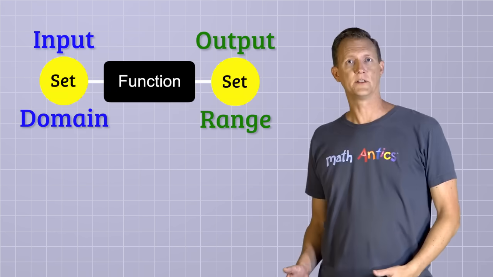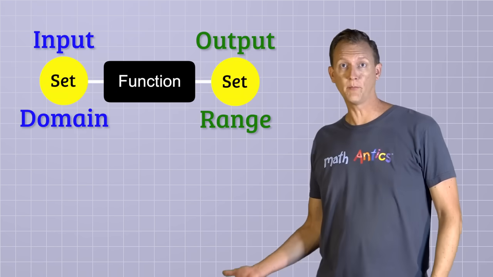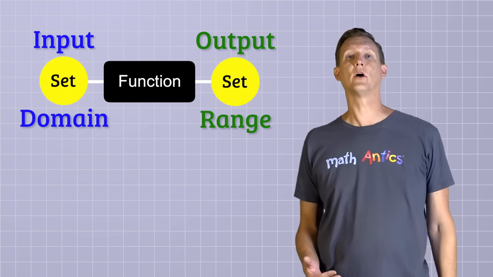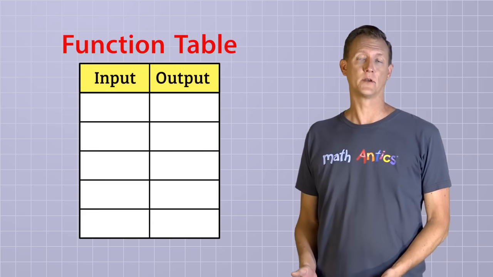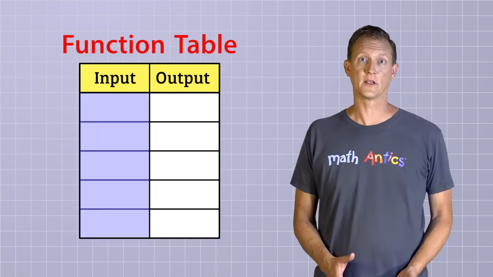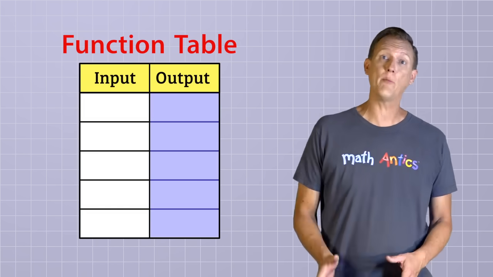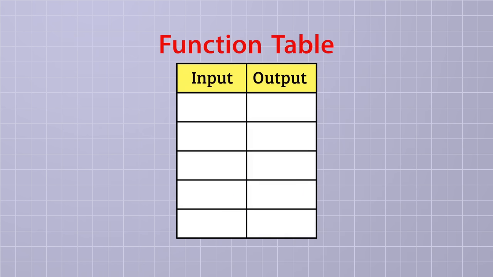And it's really common to see some or all of a function's inputs and outputs listed in what we call a function table. A function table normally has two columns, one on the left for the input values and one on the right for the corresponding output values. The function itself is often written above the function table and in the form of some sort of mathematical rule